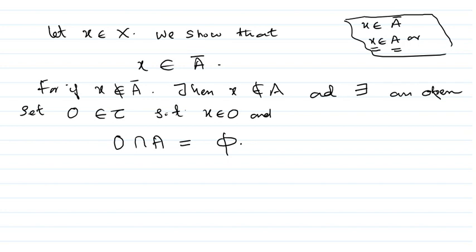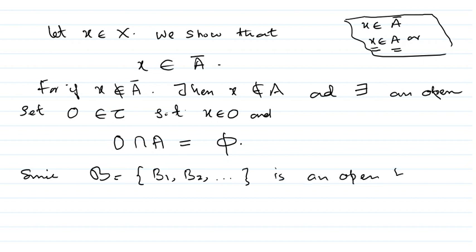Okay, now since this set B, which is equal to B1, B2, and so on and so forth, is an open base, and O is an open set containing X. So by definition